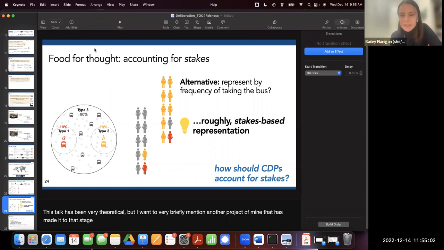Yeah, so it's not obvious that if you were able to know people's stakes, first of all, that would require knowing how to measure people's stakes, which is really complicated when you have more than two alternatives, because there can be intermediate values. But let's say you knew how to measure it, and then you were to do some kind of weighted voting rule. It's not obvious that this solves it technically, but in fact it does, which is the work that I'm doing now. But the other thing is whether people would view that democratic decision as legitimate, right? Because if you've reweighted people, that can be really complicated.